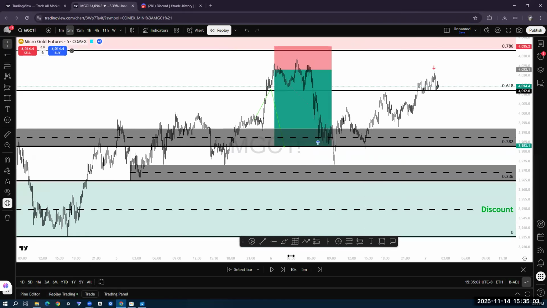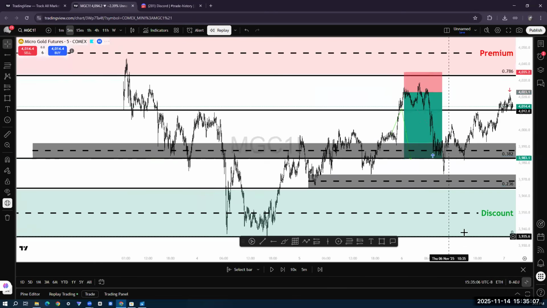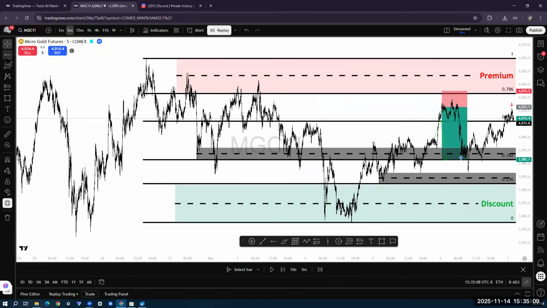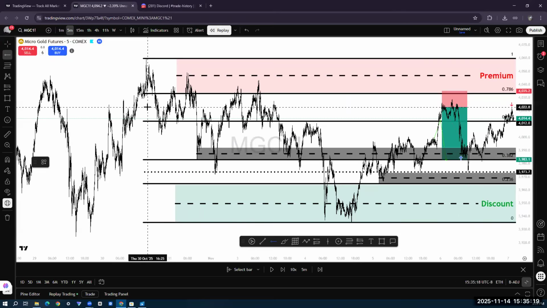Where would I put my stop loss on the retest of this? You may be wondering, yo, where would you put your stop loss? Okay, number one, we're always gonna have a 50% level in between. Always in the spaces in between, I always eyeball them. I say that in all my videos. I eyeball it. Boom. And then also we're gonna have a space in between up here. I told you that earlier.